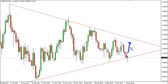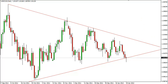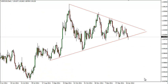certainly is doable. As we get up closer to the top of the triangle, we'd be willing to take half off to lock in some profits and move stops to break even. If we break out, then so be it. We have half a position already gained, and if not, then we've gained a little bit from the consolidation. And it seems to be the trade in this, as the oil markets will continue to push this pair around,